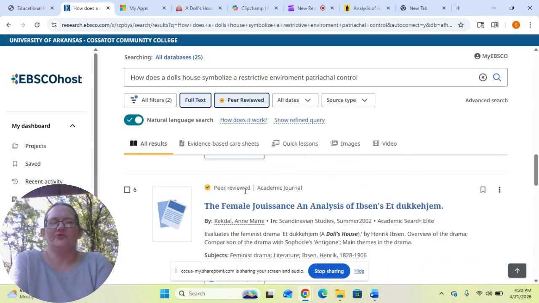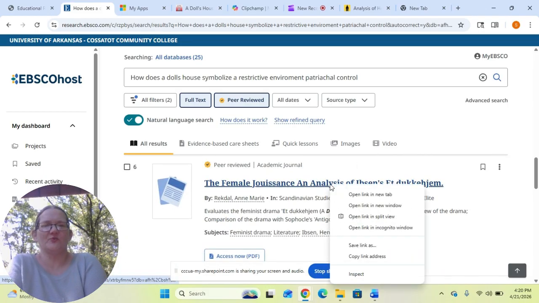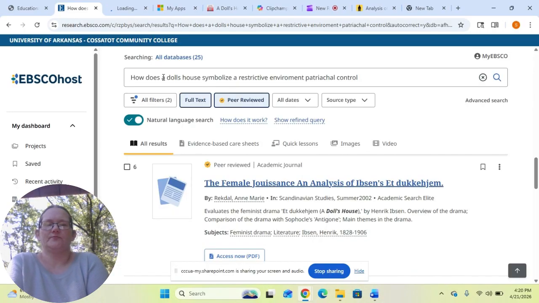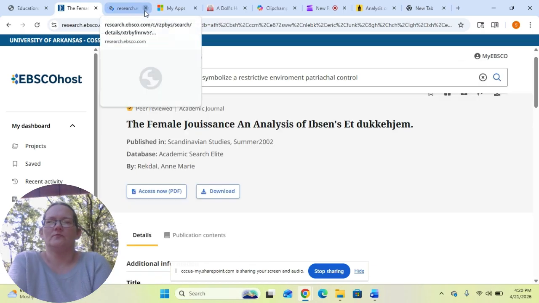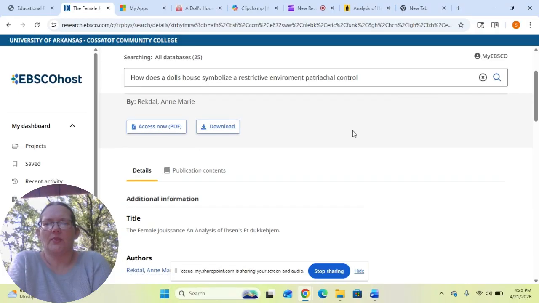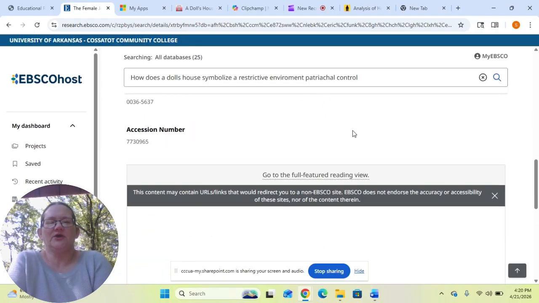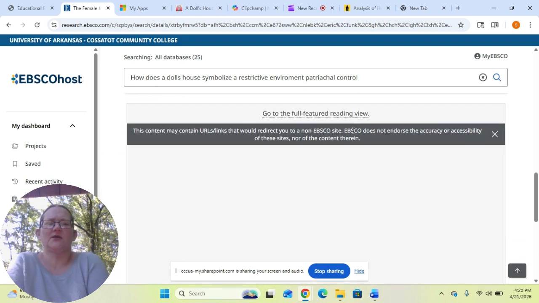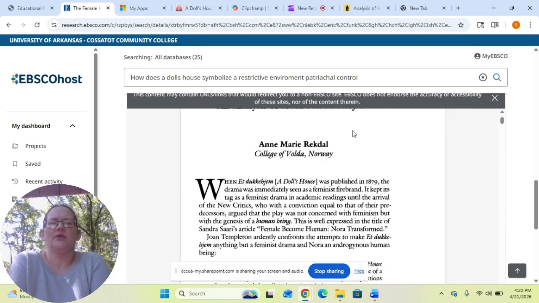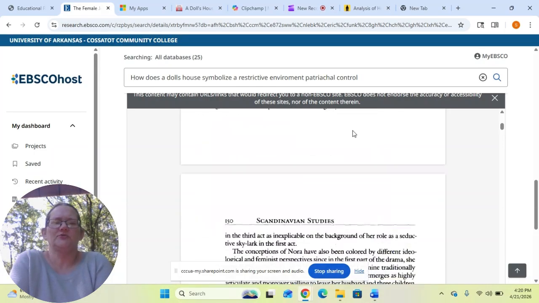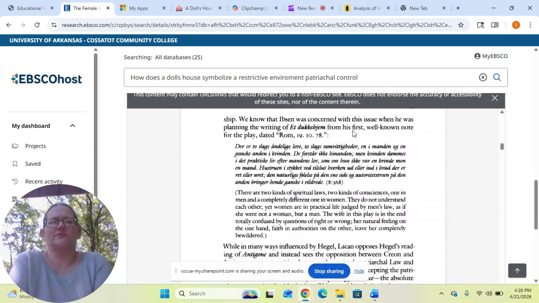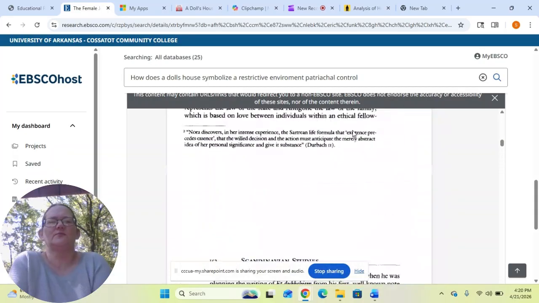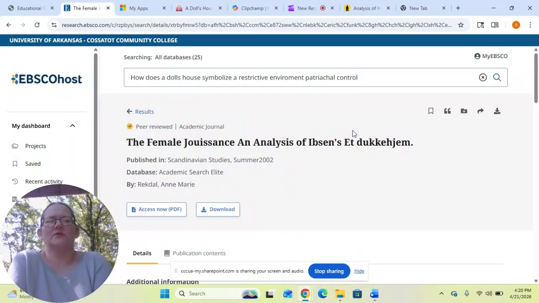There were a few articles, but I particularly like this one. This one explores feminism, and there we go. It also alludes to certain parts in the play, and it looks at things more from the female perspective and gives you kind of an idea of what symbolism and what their life was like during that era.